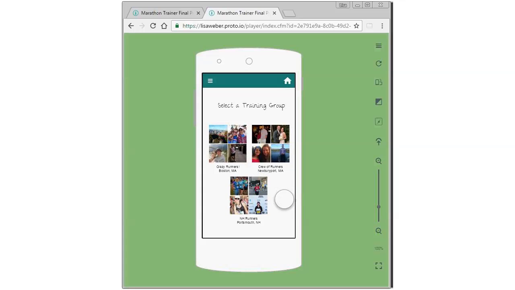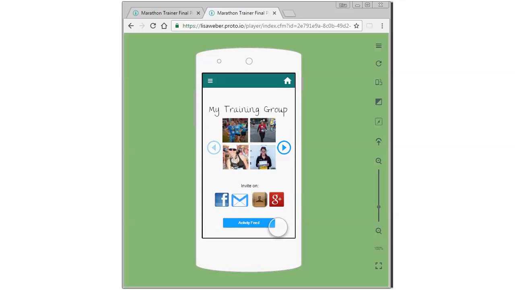Crazy Runners, Crew of Run, NH Runners. That's the one I was looking for. Let's join. You will now be able to scroll through the group members. Don't see your friend on the menu? Go ahead and add through Facebook,